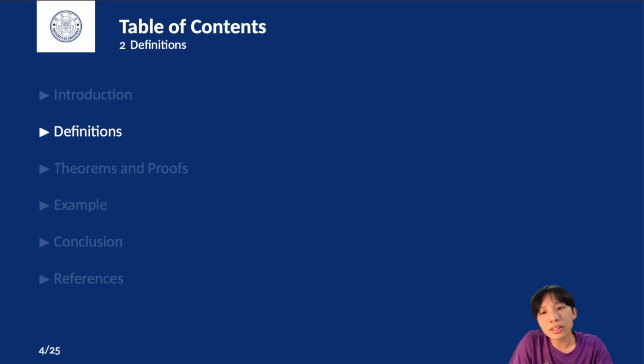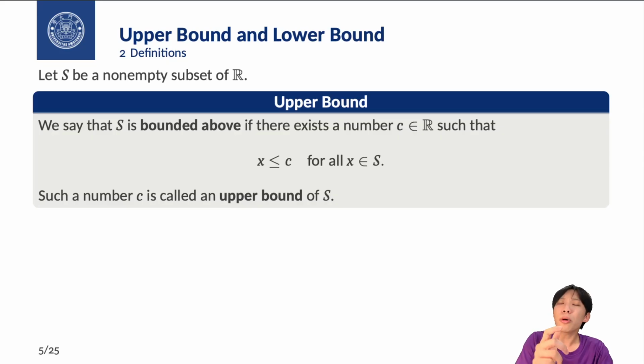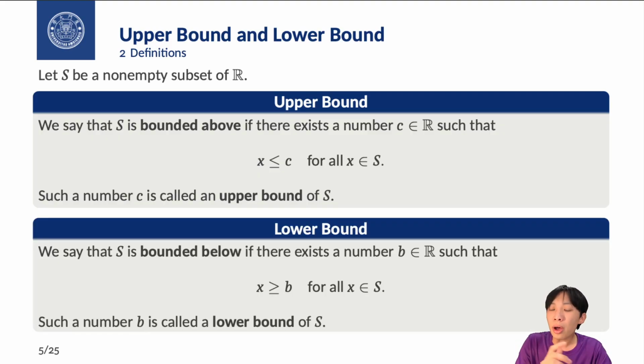First, let us define the upper bound and lower bound of a set. For a non-empty subset of real numbers, if there exists a real number C such that every element in the set is less than or equal to C, we say that the set is bounded above, and we call C an upper bound. Similarly, if there exists a real number B such that every element in the set is greater than or equal to B, we say that the set is bounded below and call B